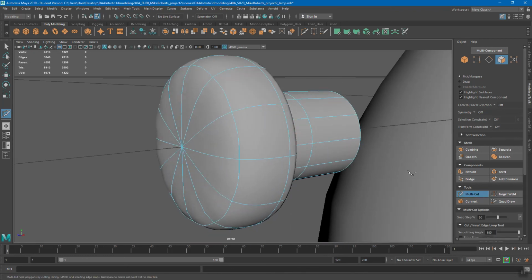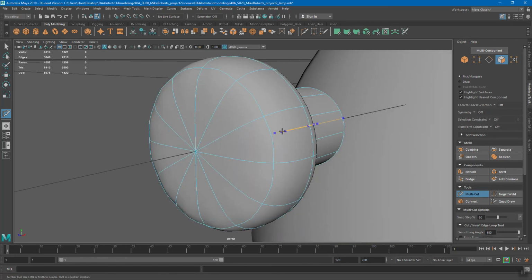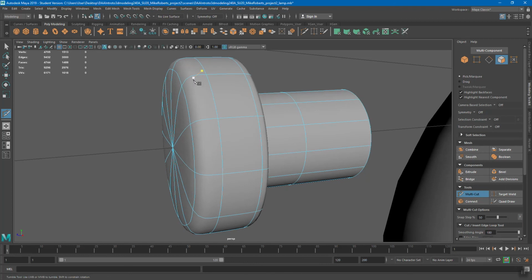So I can go to multi-cut. And I can hold down Control, right? Because remember, if you hold down Control when multi-cut's on, you can put an edge loop anywhere you want on this, right? Even this way. Really don't want to do it this way, but we want to do it this way, right? So remember, you put your cursor over the edge in the direction you want to put it in. Remember that edge loop's going to go in perpendicular, right? So I can put an edge loop in there, and you see how that gets actually a bit sharper there,